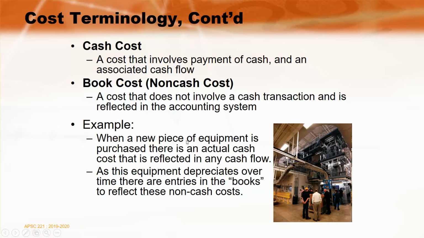In an accounting sense, we also have cash costs. These are things that involve an actual payment. So when we're purchasing those empty cans that we're going to put our paint into, well, obviously there's a cash payment involved, even if, nowadays, of course, all these things are done with electronic payments. No one wanders around with suitcases full of money anymore, but it's called a cash transaction when you move money from your bank account and you send it to the supplier's bank account. That's a cash cost transaction.